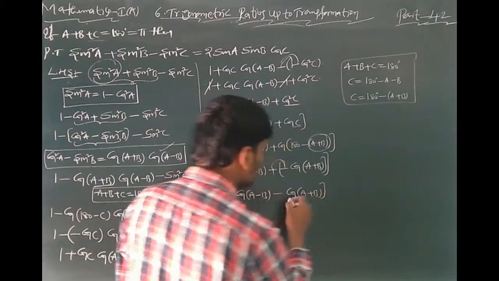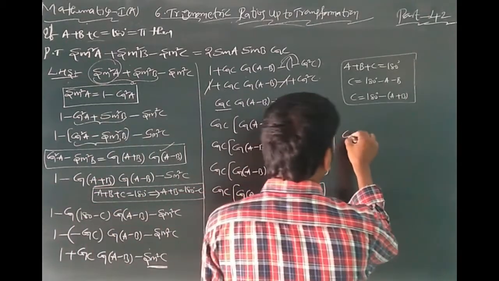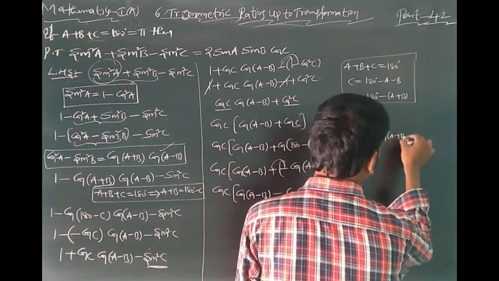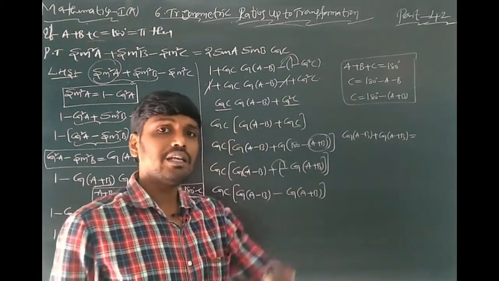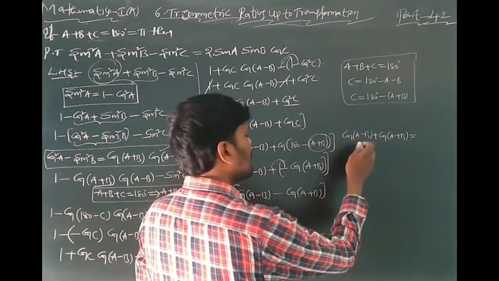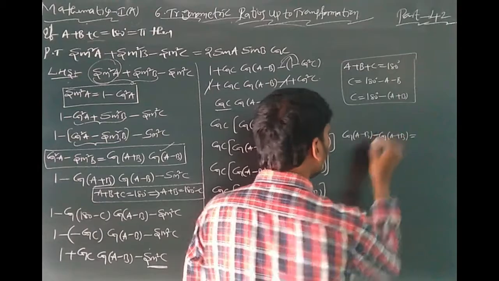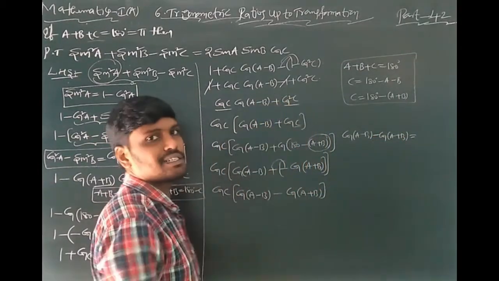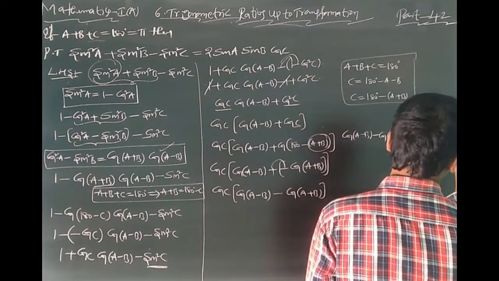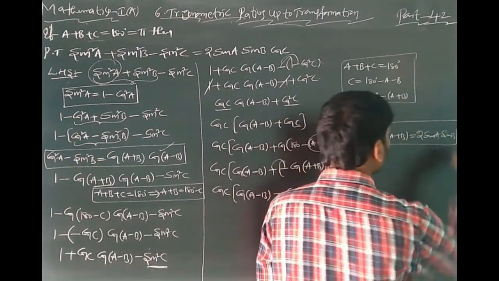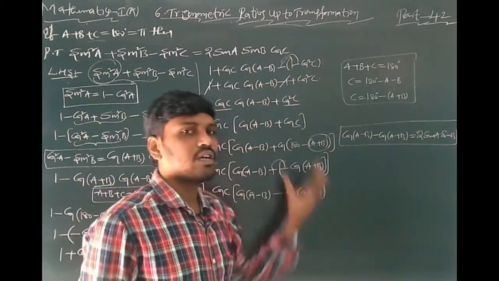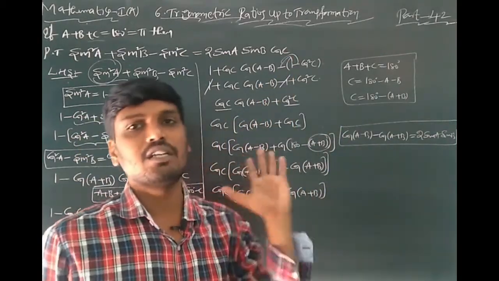plus B. This is in the form of cos of A minus B minus cos of A plus B. You know that this formula was already explained in previous problems. This is an important formula. What is that formula? Cos of A minus B minus cos of A plus B formula is 2 sin A sin B. See students, first you read and write the formulas. Then after that you can solve this problem easily.